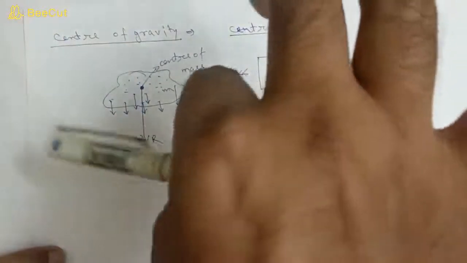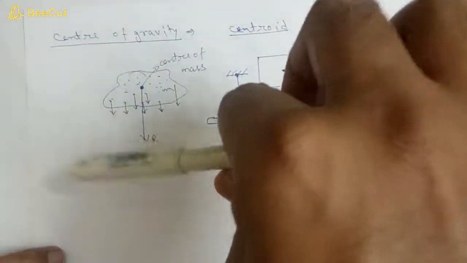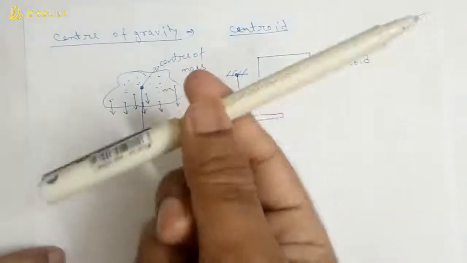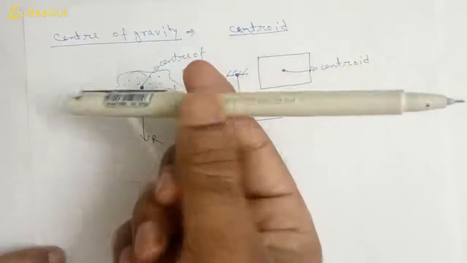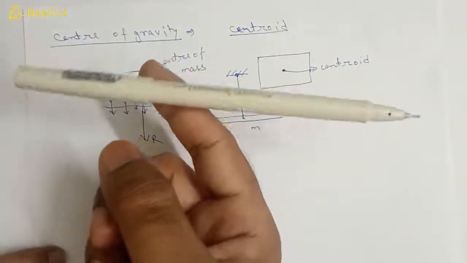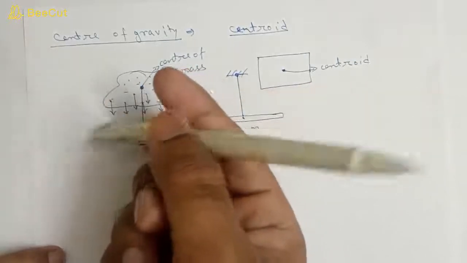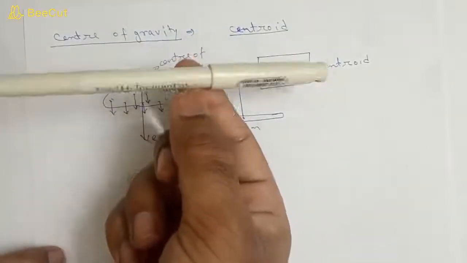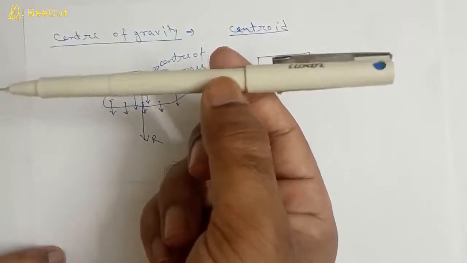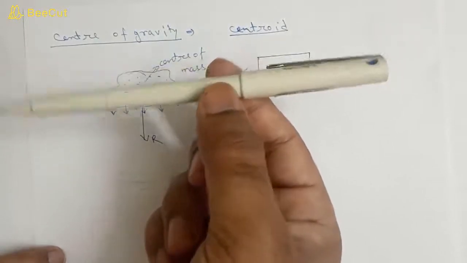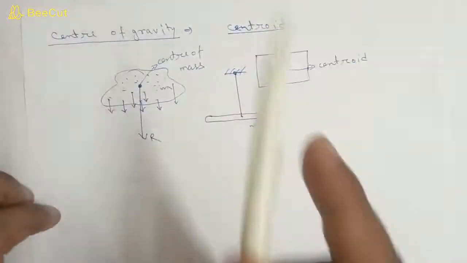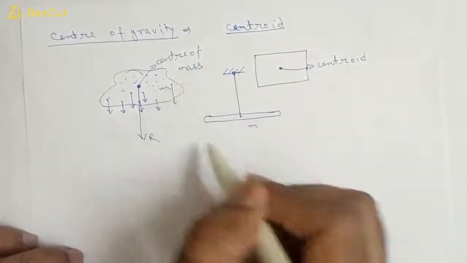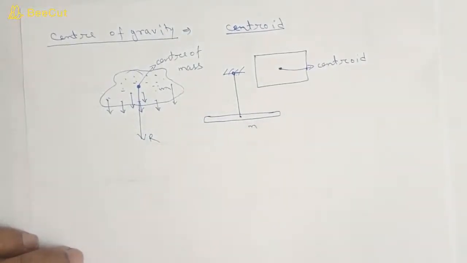Suppose this is a pen. If I am holding it like this, it goes like this, but there will be some point at which this pen will be balanced. At this point the pen is balanced, so the weight of this side is equal to the weight of that side. So this is the point where the center of mass of this pen lies, somewhere here. This is a very crude method, but you can understand what the center of mass is. You can get an idea with this.